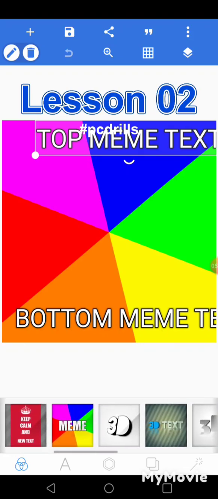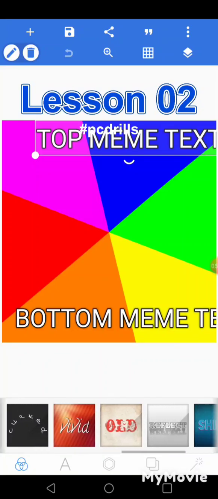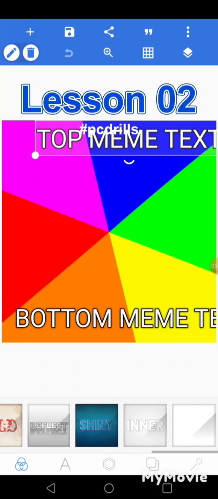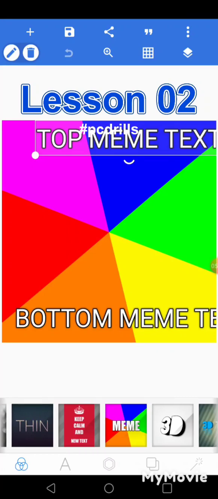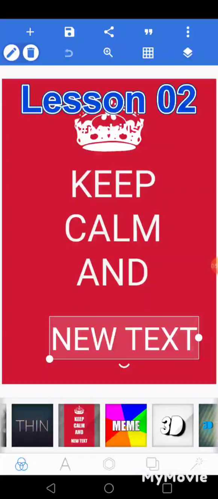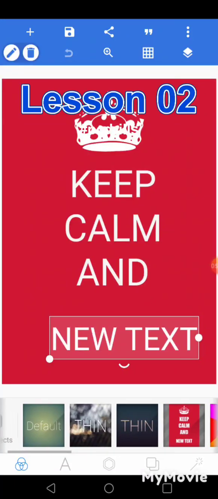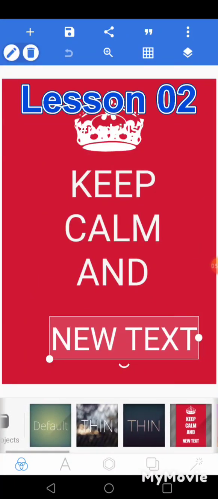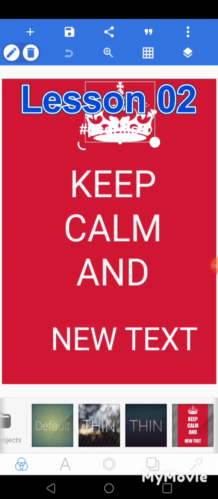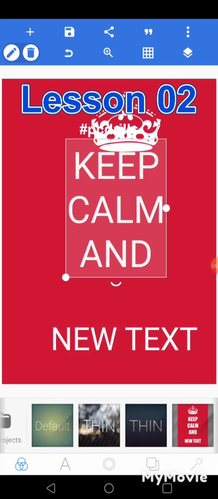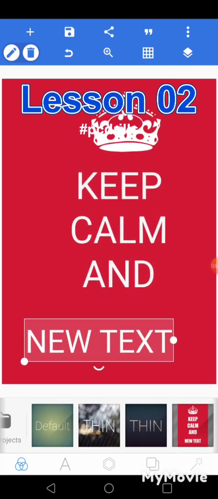So if you want to start to work on something and you notice that one of these styles at the bottom resembles what you want to do, it's easier for you to just choose it and edit and continue than wasting time doing what you could have done already. For example, let's say you wanted to design something like this one. Instead of going to put the background red, putting these icons, the first icon, this keep calm, and after that the text,